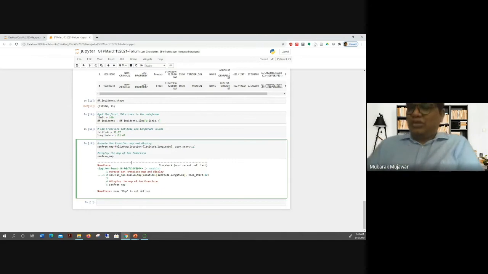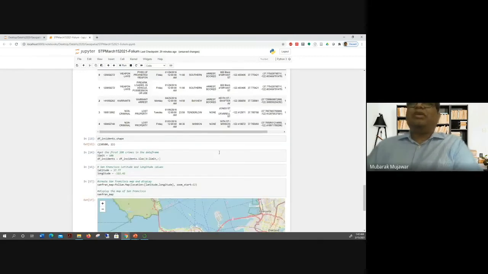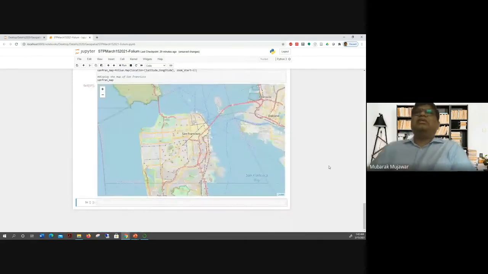There was a comma, so I'm just going to remove that comma. This volume.map, not comma map. Perfect. And now we can see a map of San Francisco. So now the next thing we're going to do is put the